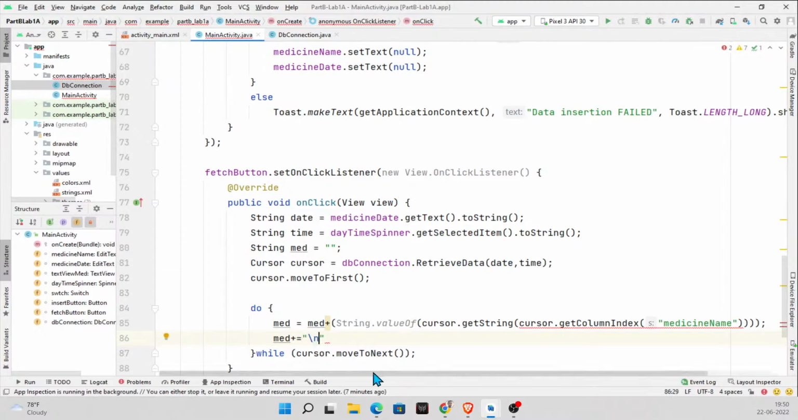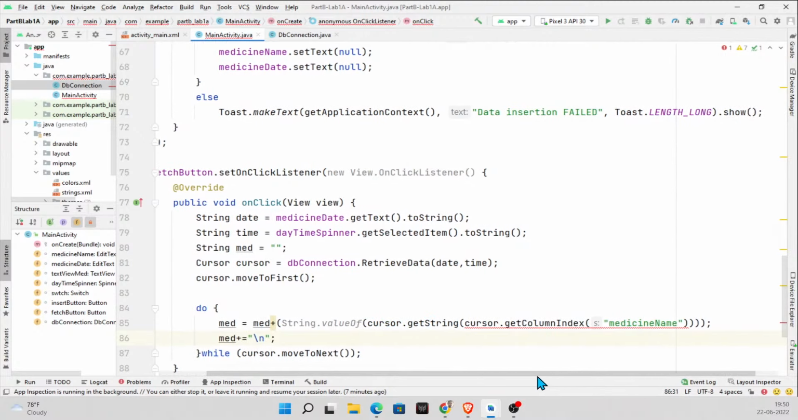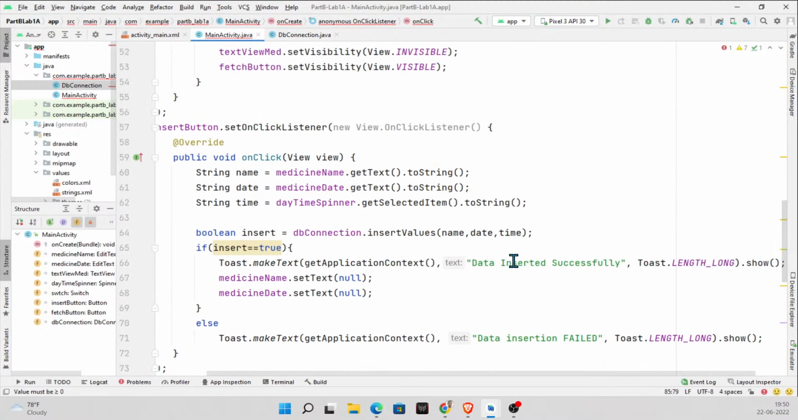Okay. So now put a semicolon, and we should be done. So let's check cursor dots. Get string, we have value of. Okay, this should work. Column index, fine. Most times you might get this error message, but